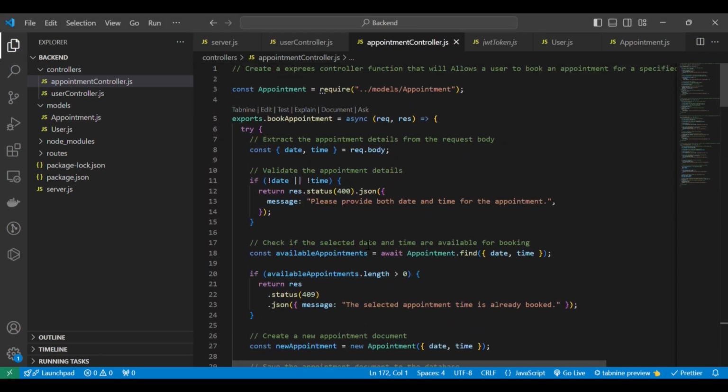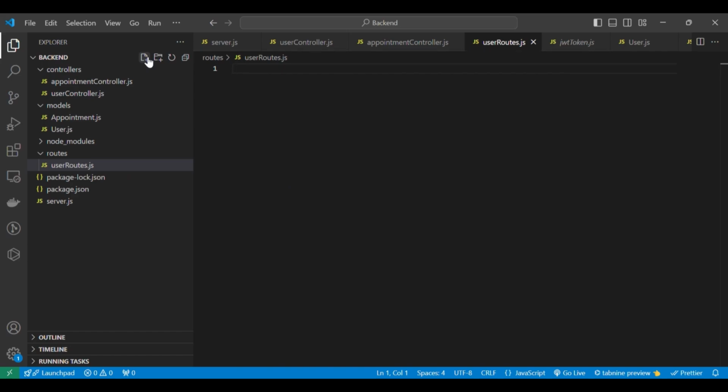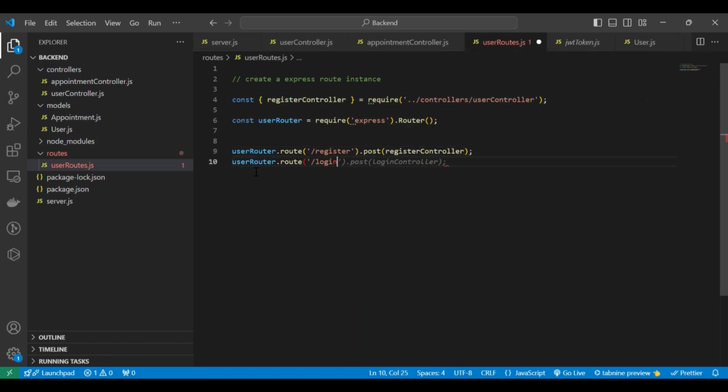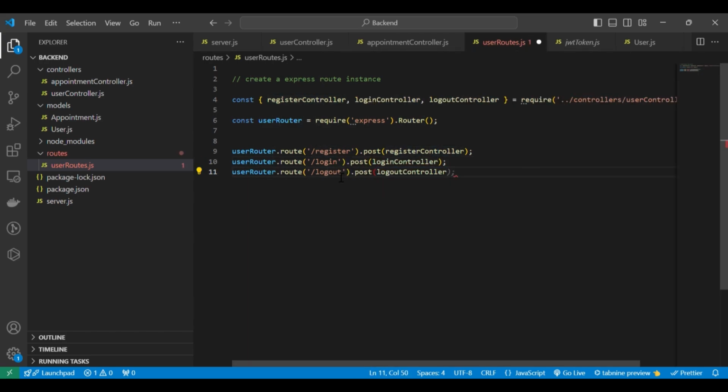When it comes to route handling, AI really doesn't do anything. We have to put our effort there. I can do a prompt like create a route instance. We can get router, but we are the one who have to route the correct folder structure for the API. So at this point, we are the only people who can do this. For register and login, we just have those. Let's do one for logout. And for the user profile,